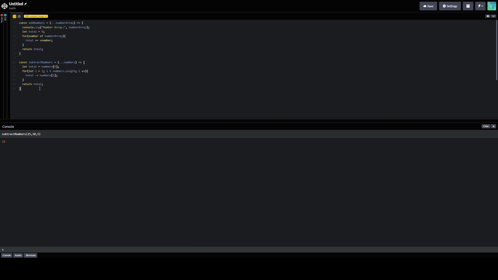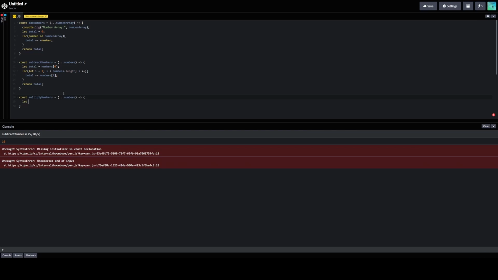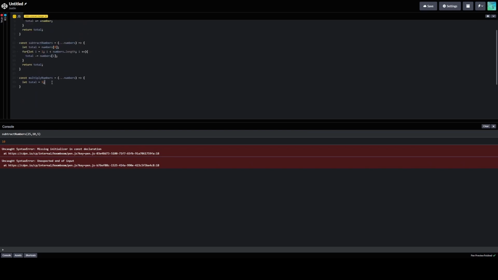All right. So let's multiply some numbers. Pass in the numbers. All right. With multiplication, we're going to let total equal 1. If we let it equal 0, then there would always be 0. So let's go ahead and do 1, and then we're going to do,